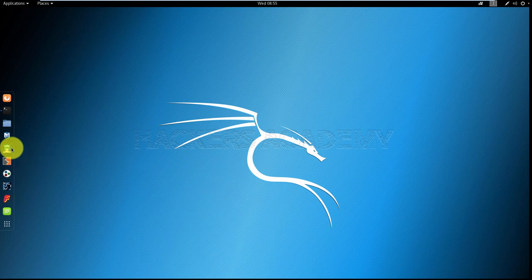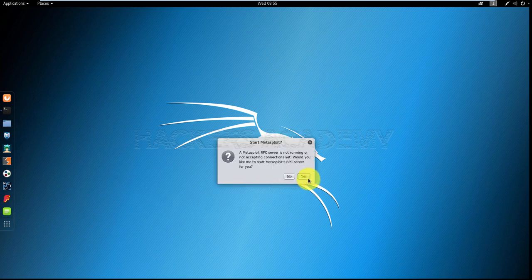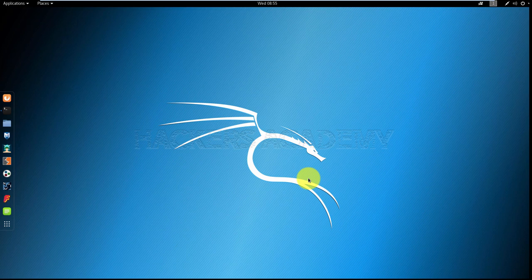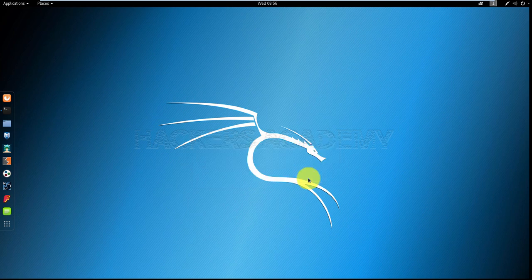Now, to fire up Armitage, I can do it from my favorites bar in Kali. All I have to do is click on the icon and then click on connect. If Metasploit server is not running, it'll ask me if I want to run it. I'll say yes, and it'll try to connect to the server. Now what's going to happen is it's going to throw an error that says connection is refused and it cannot connect. Be a little bit patient, this error will resolve itself and the connection will eventually succeed. So just give it a few seconds, and then when the connection succeeds, it's going to fire up the graphical